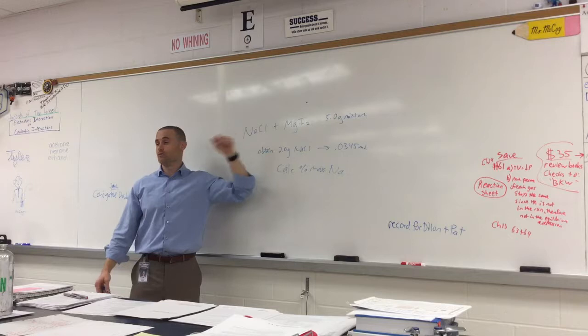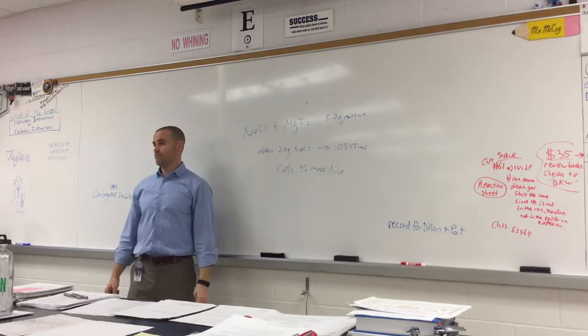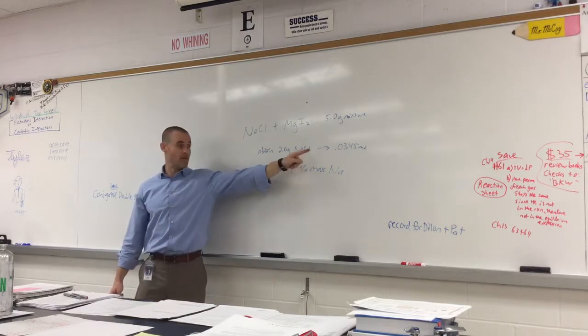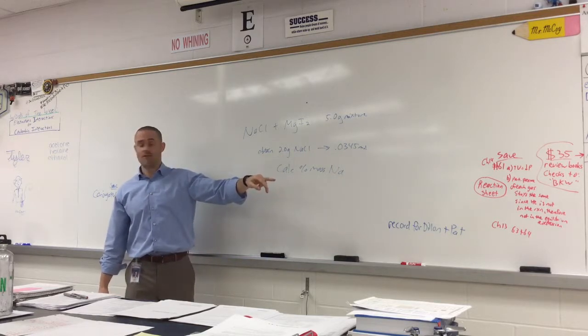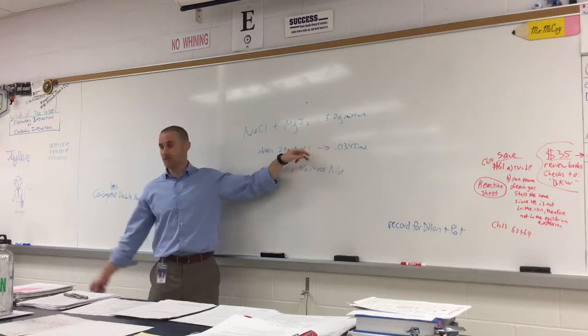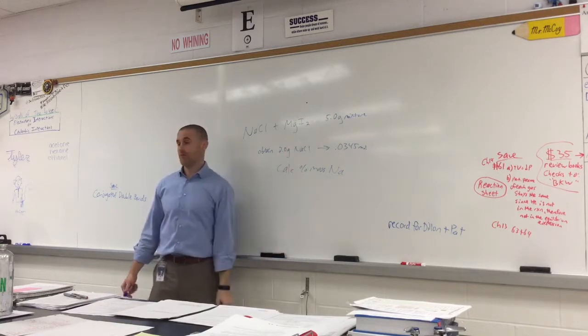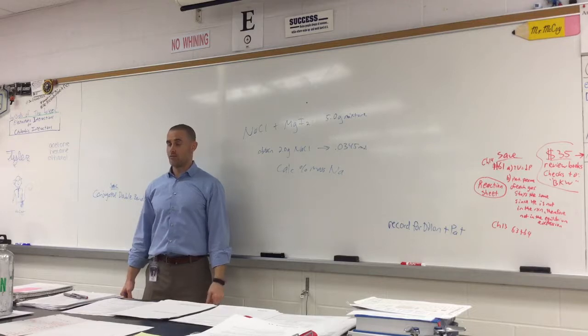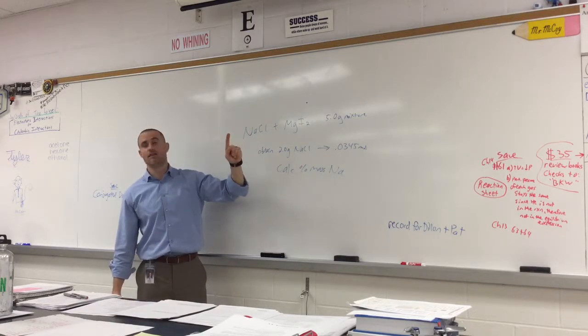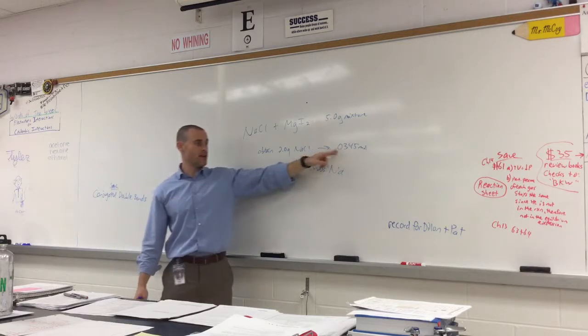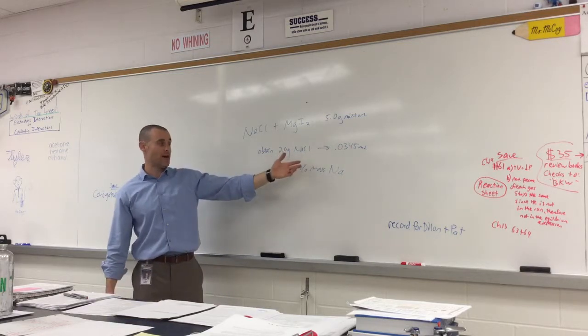Let's say it was Na2Cl. Let's say there was a 2 there. What would we have to do to that number? Because I want moles of Na. Right, we'd have to double that number because there would be 2 moles of Na for every 1 of NaCl. So just keep that in mind. So this is how many moles of NaCl, which is moles of Na.